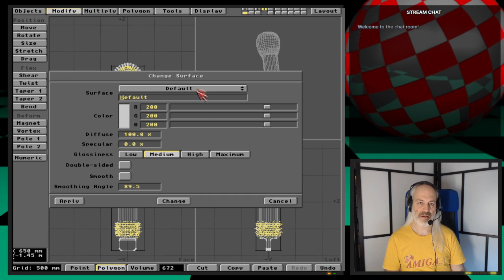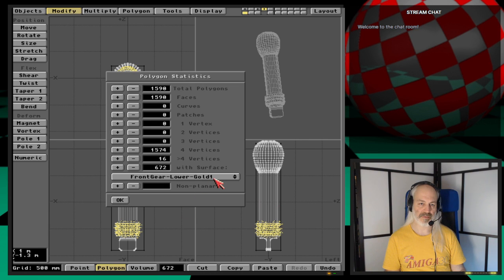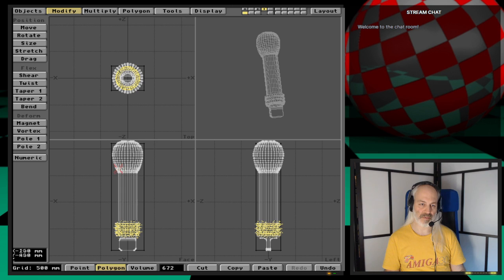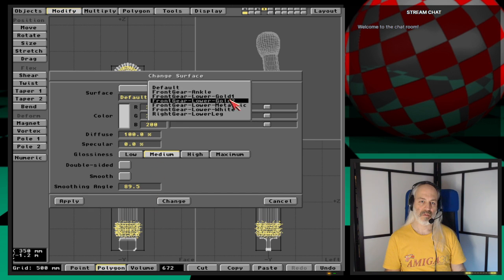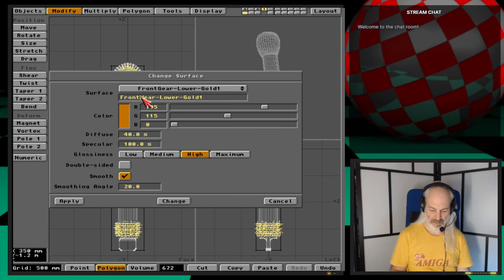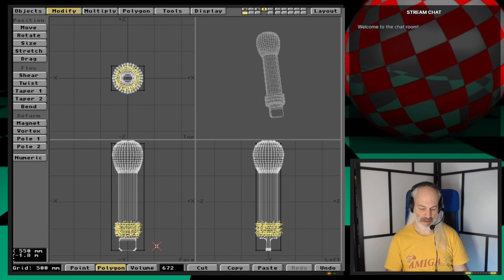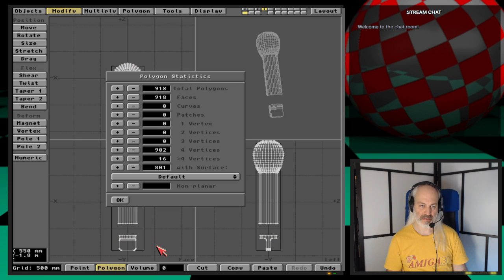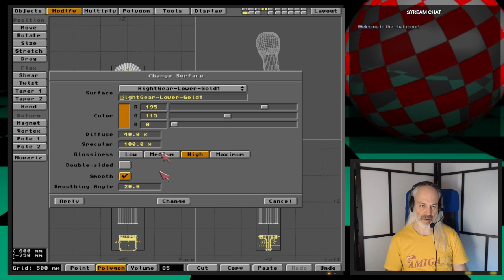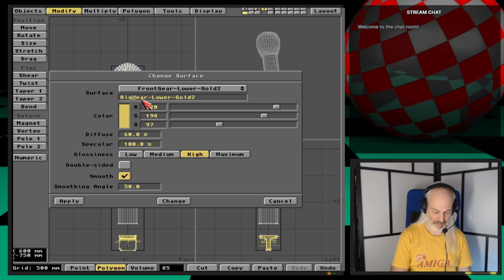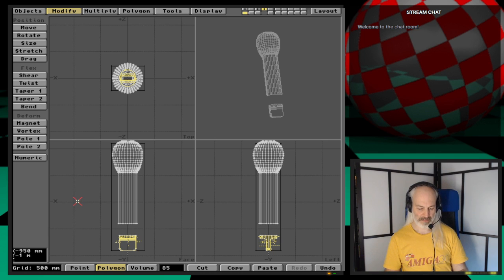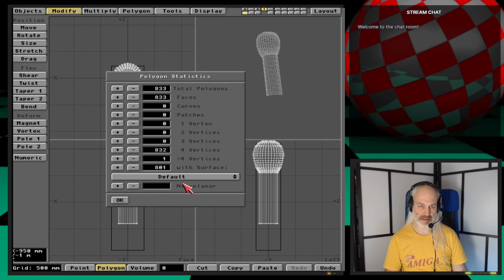So that should be, stop, wait a minute. Front gear, lower gold 1. So that should be right gear, lower gold 1. I am hiding that. Front gear, lower gold 2, and right gear, lower gold 2. Sorry. And this one is, I think, the white one. Front gear, lower white,